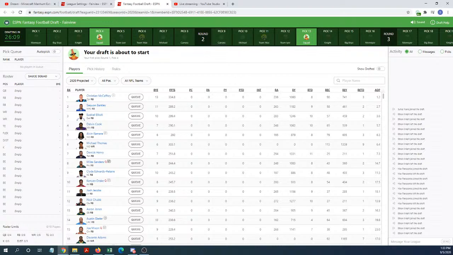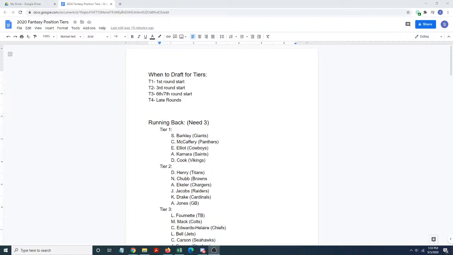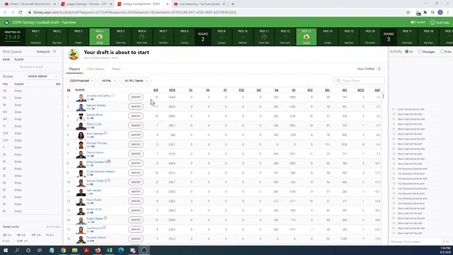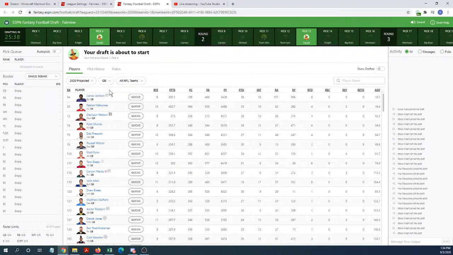Basically, how I do things is, one second, unlock this, lock that, over here. Yes, alright. So basically, this is my draft. The reason I don't draft quarterbacks earlier is, if I move this here, all positions, 2019 season. Is this going to work or no? Okay, basically how it is, if we go to quarterbacks,